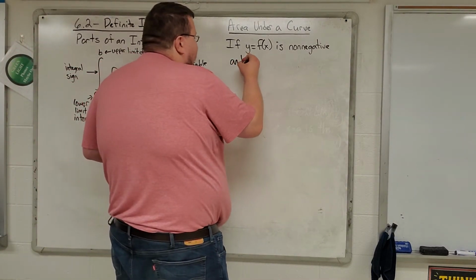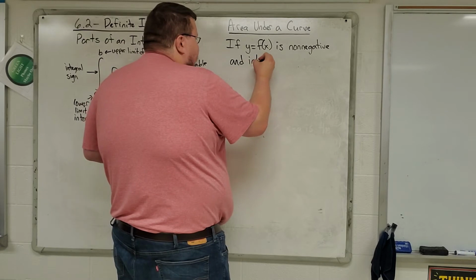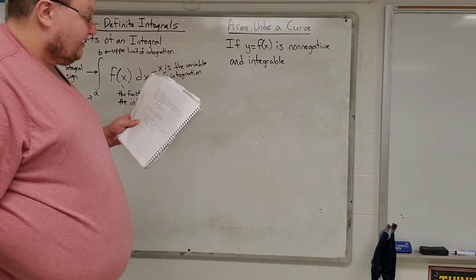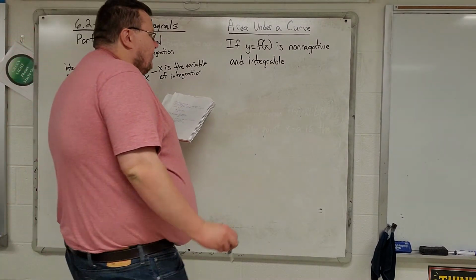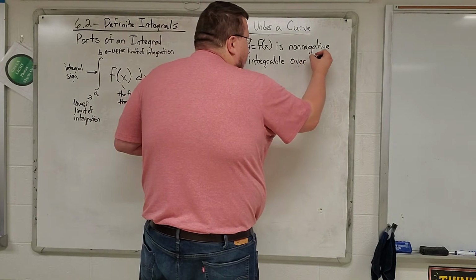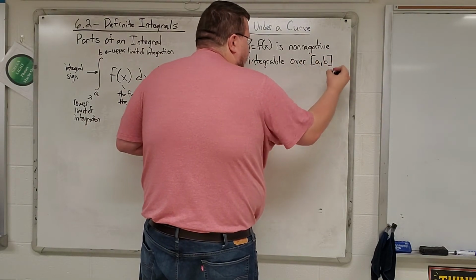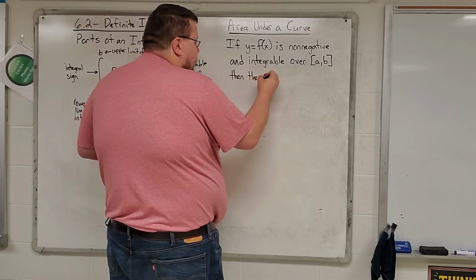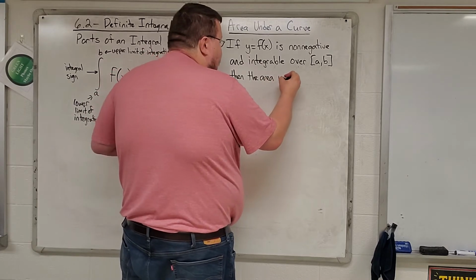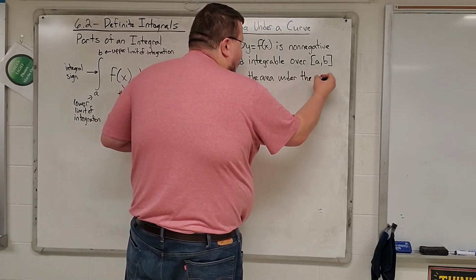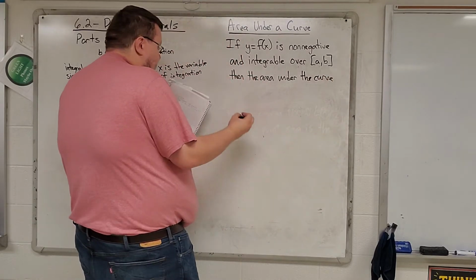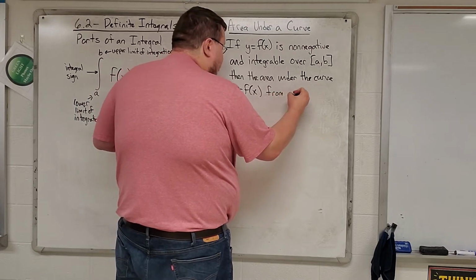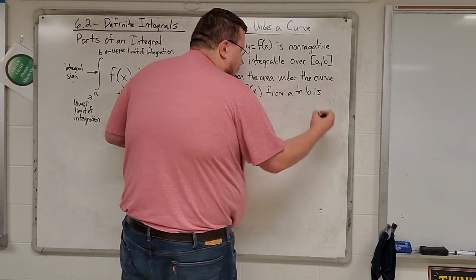and this is my least favorite word in calculus, really, integrable. I almost want to say integratable, but integrable is the correct word there, whatever. Over a closed interval, a to b, then the area under the curve y equals f of x from a to b is,